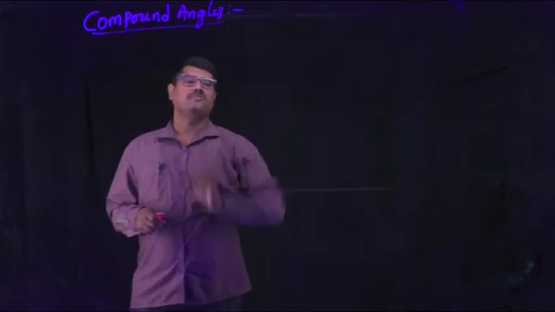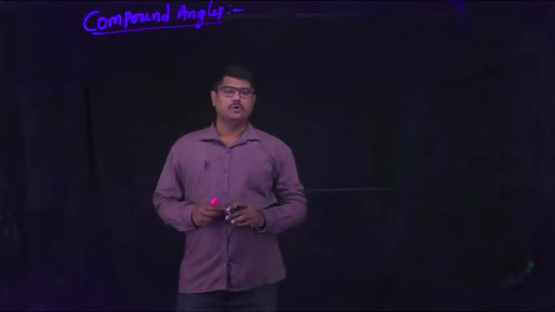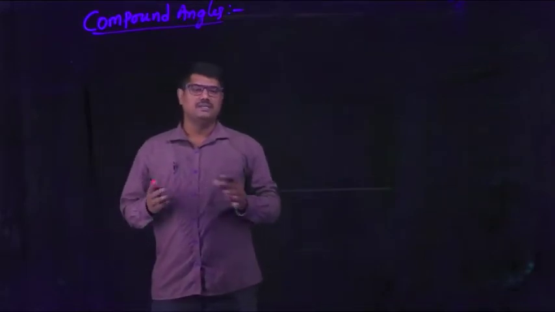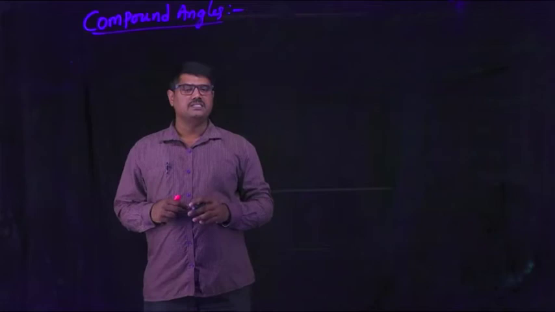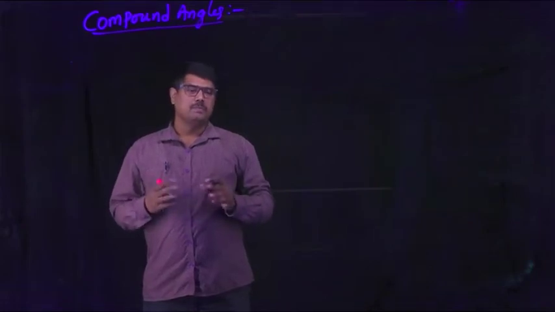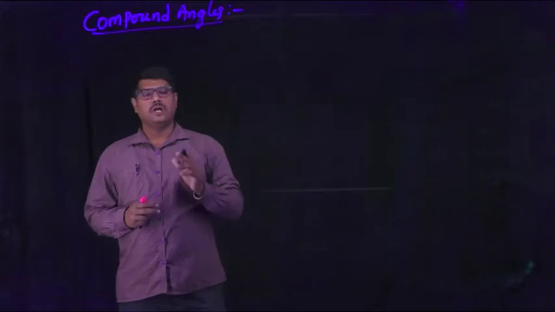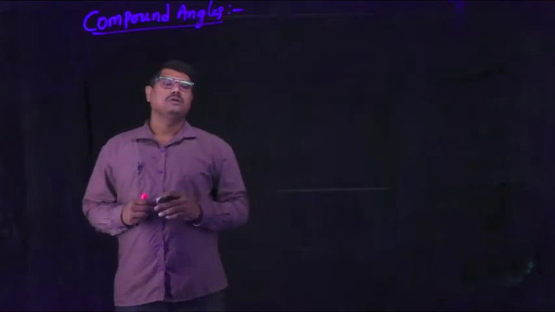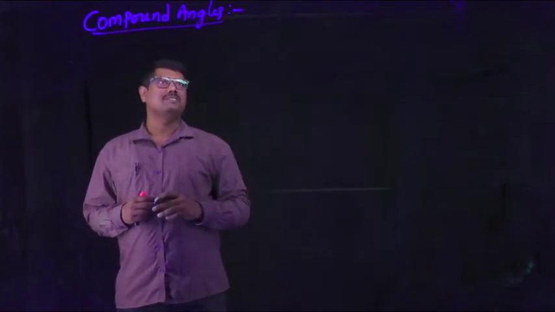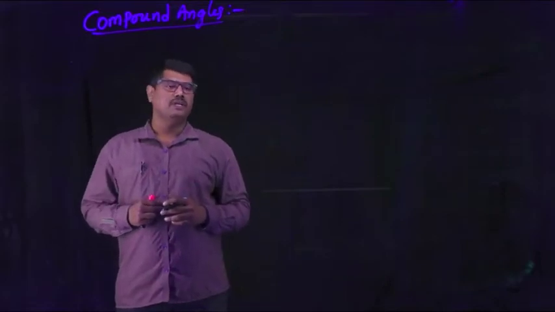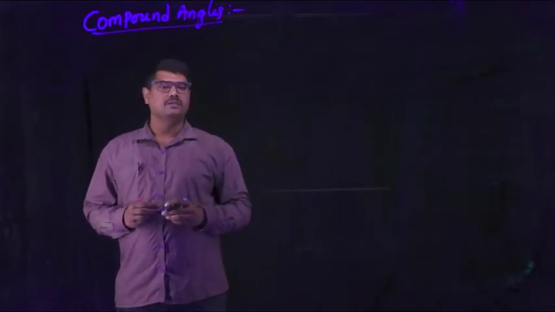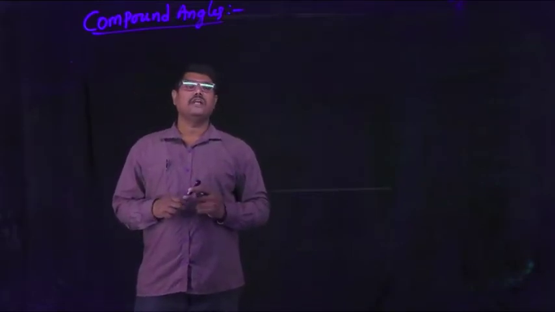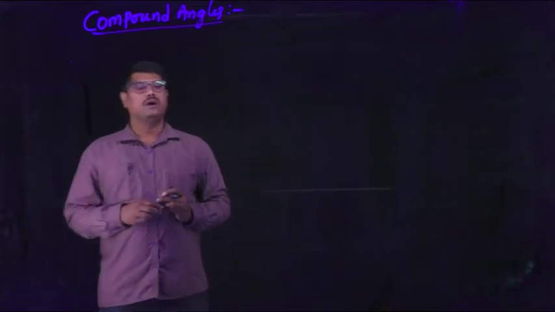In the first topic of trigonometry, we already learned about the trigonometric ratios, their behavior in different quadrants, and the nature of the trigonometric identities, and we are doing some problems related to the concept. Now, in this topic we are going to discuss the nature of the trigonometric ratios among the compound angles. Let us see what compound angles are and how trigonometric ratios behave on compound angles.